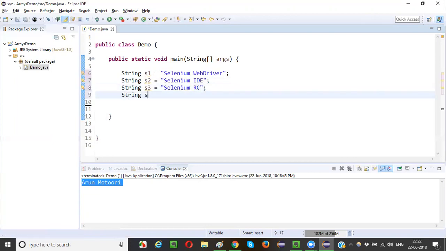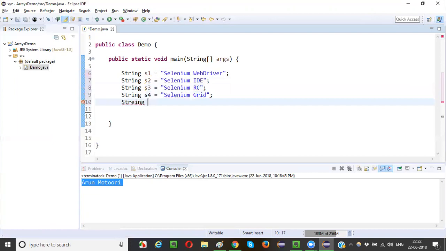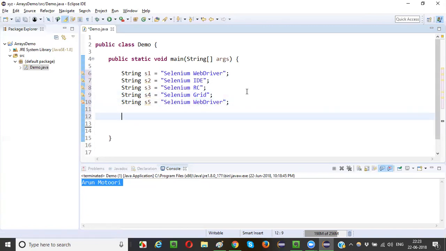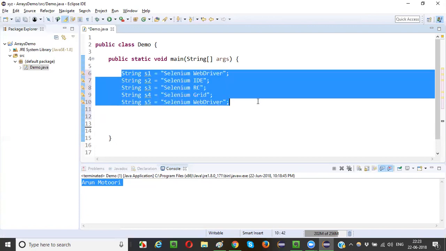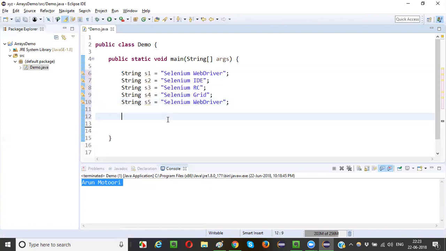String s4 is equal to Selenium grid. String s5 is equal to Selenium WebDriver. Okay, if I say System.out.println